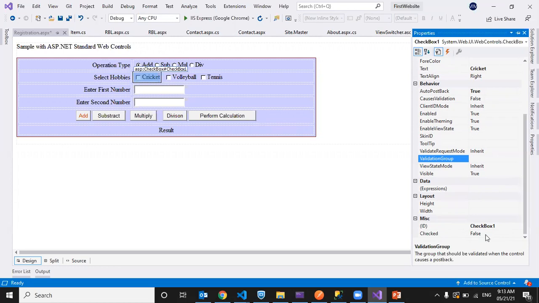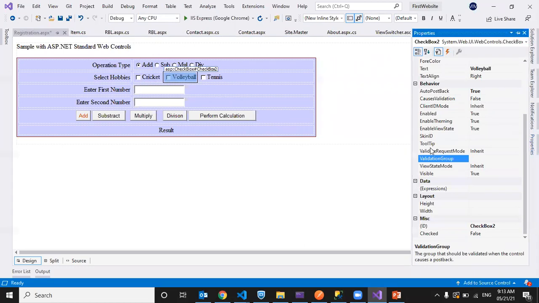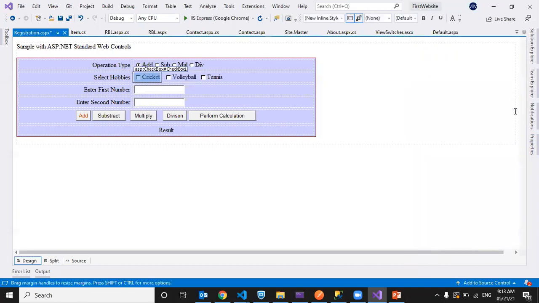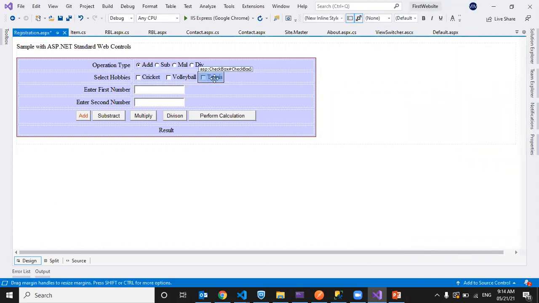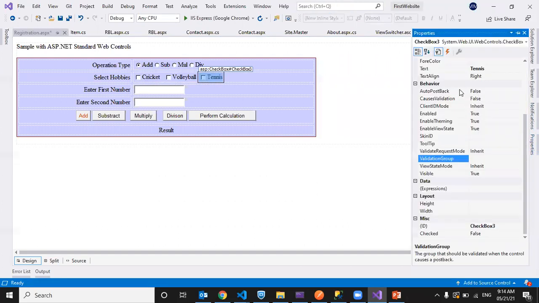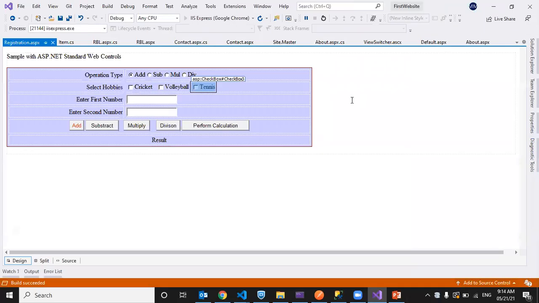Volleyball, one of the checkboxes here, is not checked, so false, and AutoPostBack is true. For cricket also I set AutoPostBack true. For volleyball I also set AutoPostBack true. For tennis, see here it is false. So I'll run and show you the difference. What is that property?